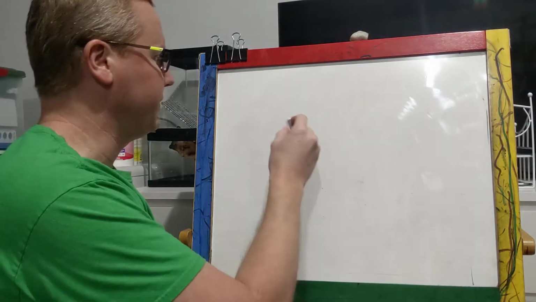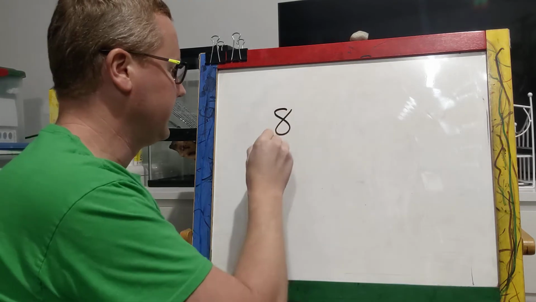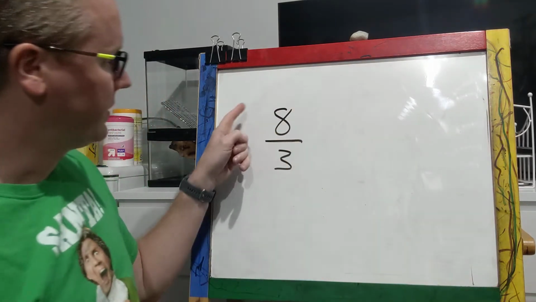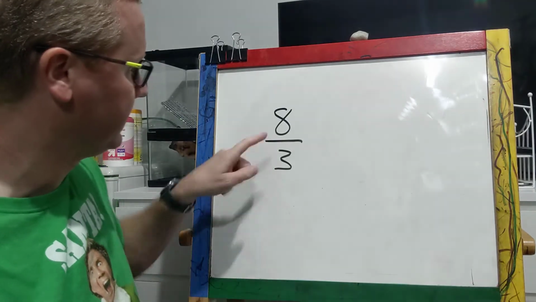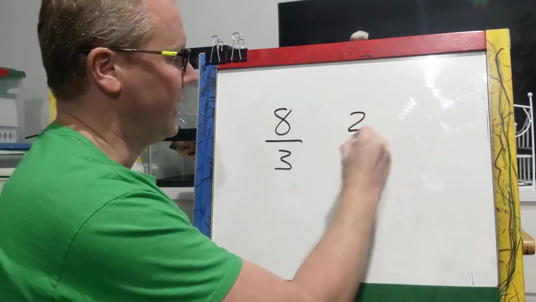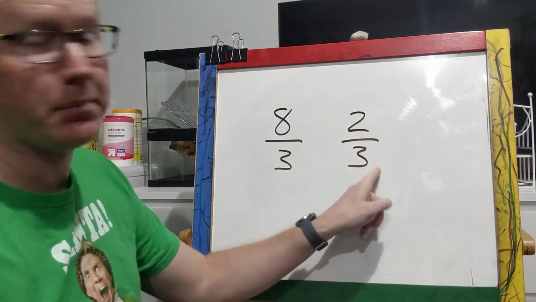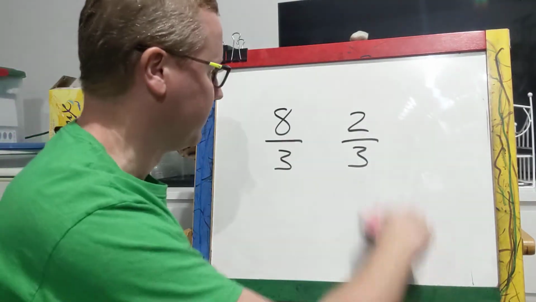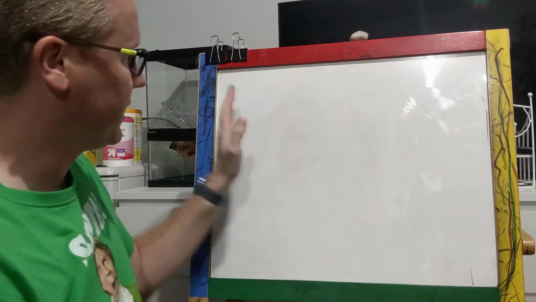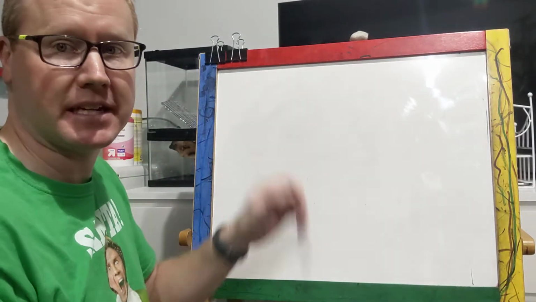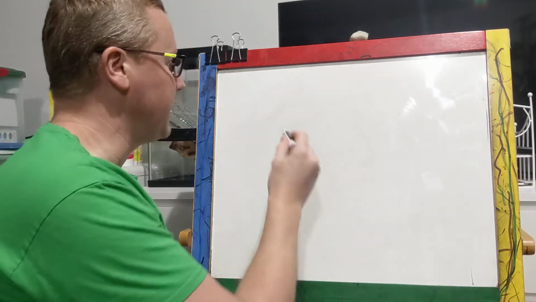Today for math, we're going to be practicing improper fractions to mixed numbers. So remember, an improper fraction is where the top is equal to or bigger than the denominator. This is an example of a proper fraction, by the way. And the other thing we will be doing is going improper to mixed and mixed to improper. We've spent a lot of time going